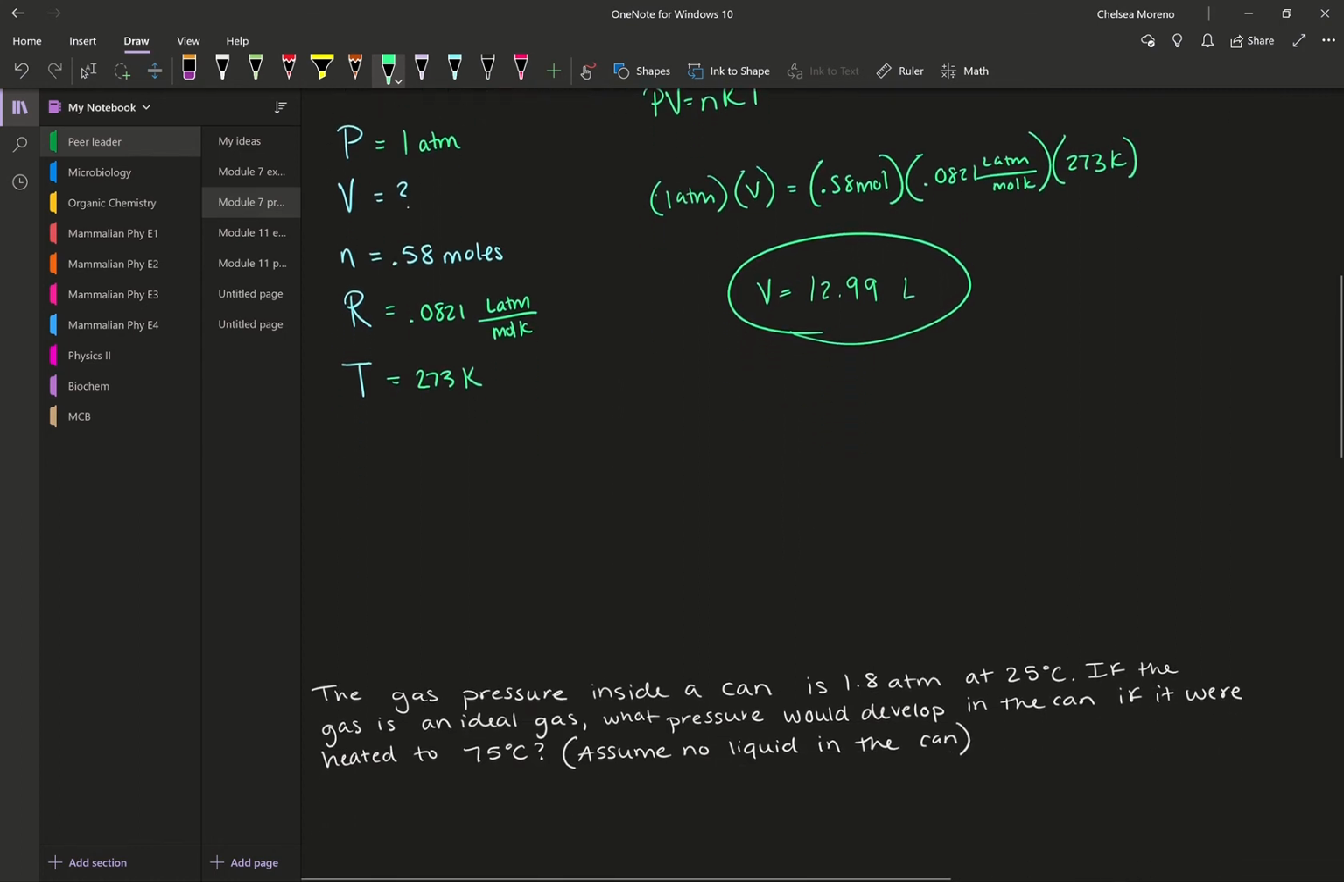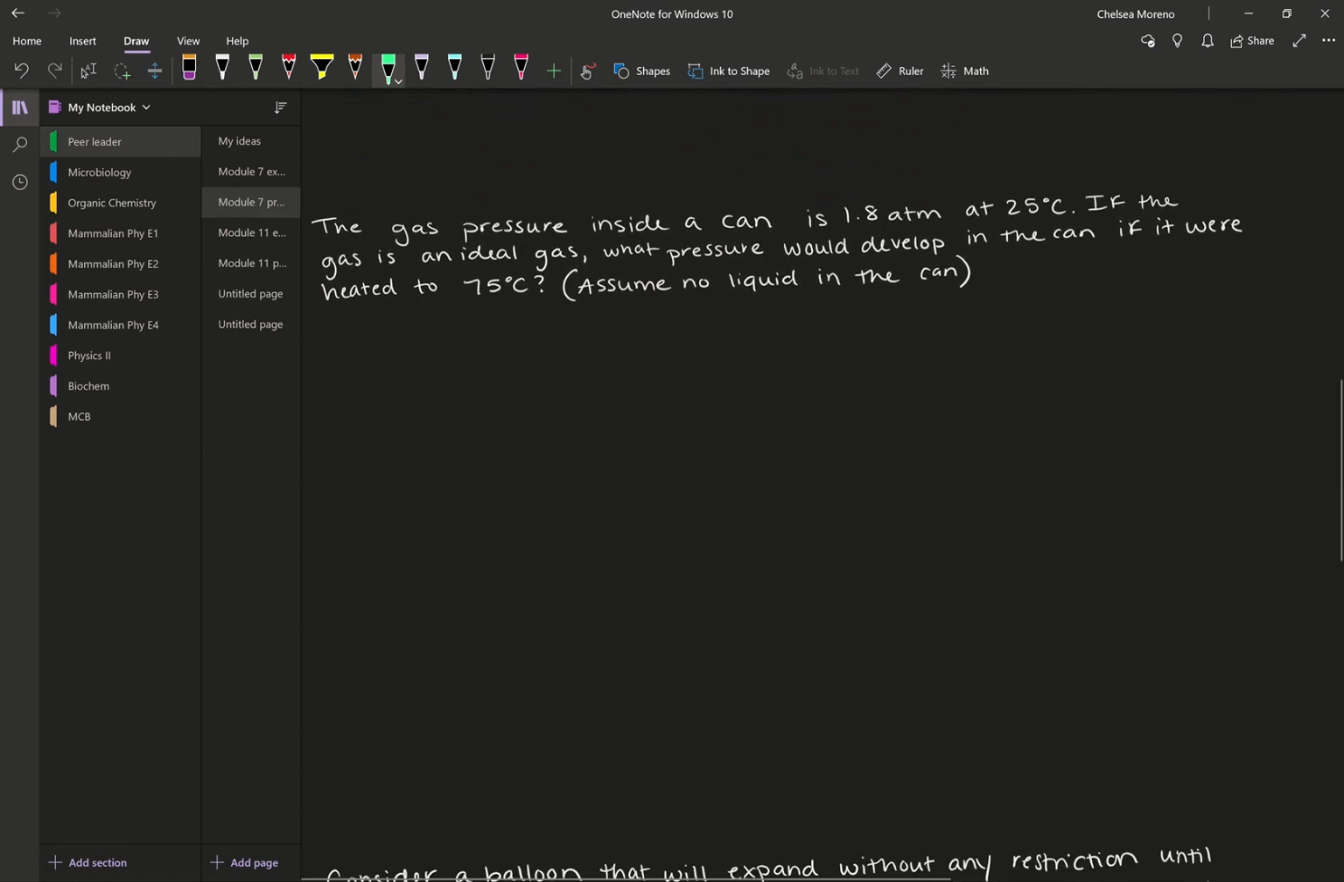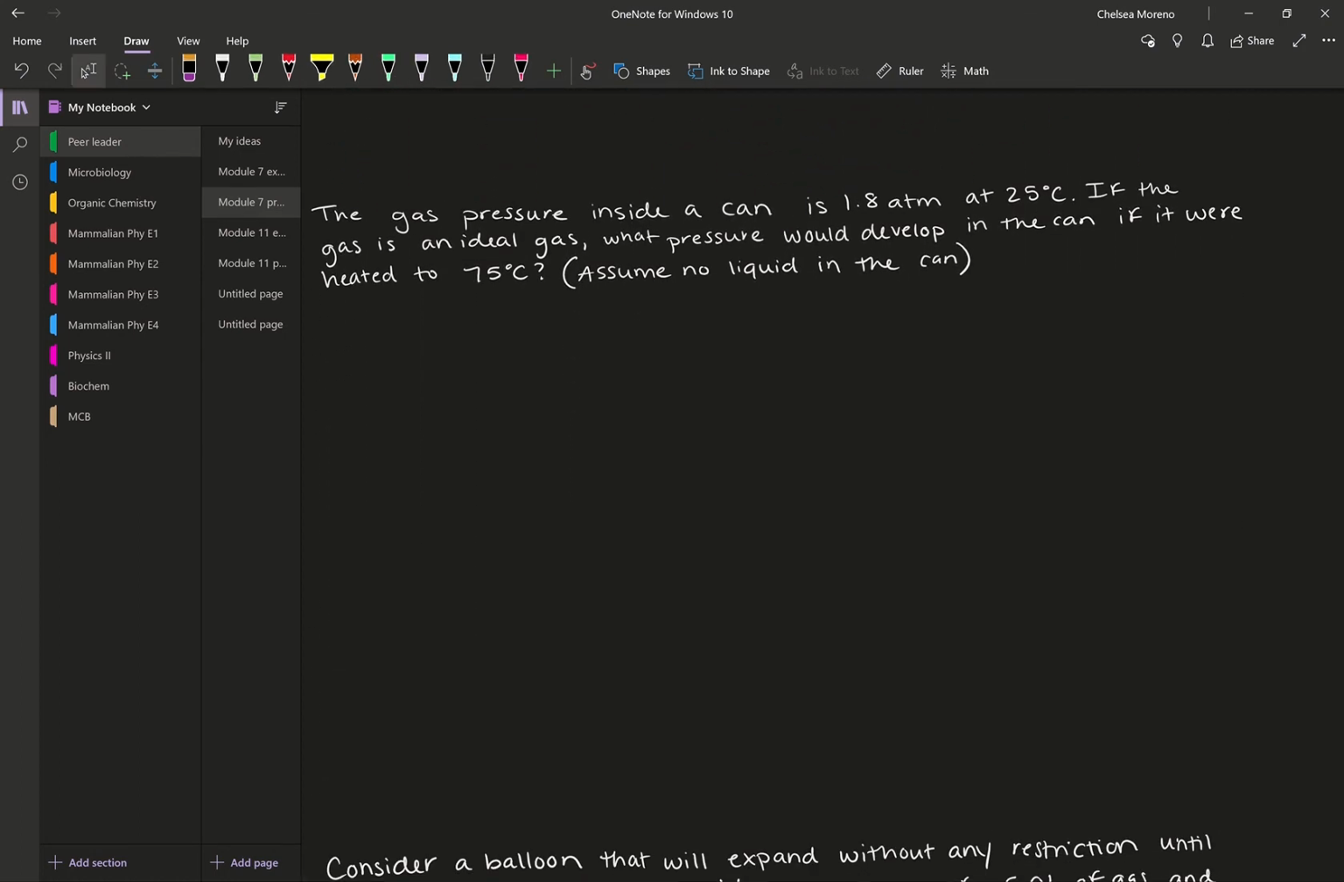So let's go on to number 3. The gas pressure inside a can is 1.8 atmospheres at 25 degrees Celsius. If the gas is an ideal gas, what pressure would develop in the can if it were heated to 75 degrees Celsius? So